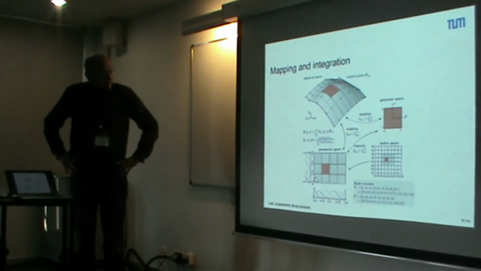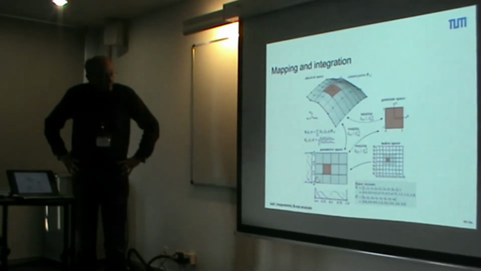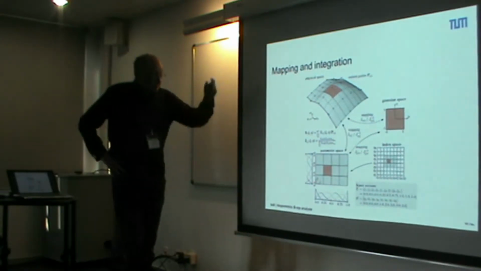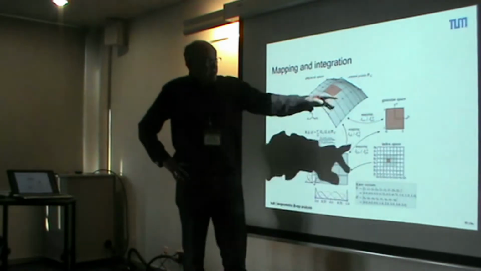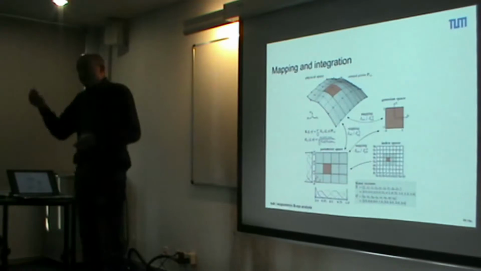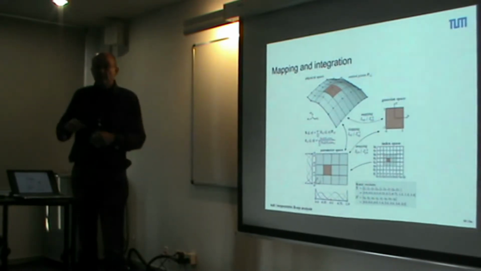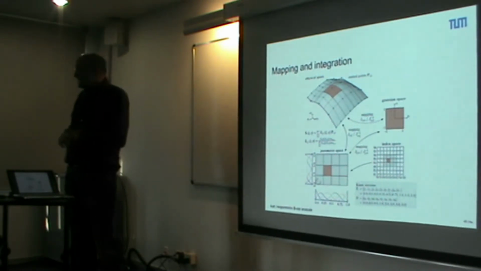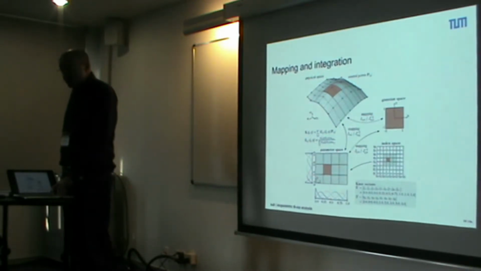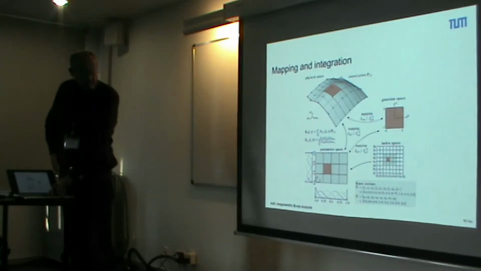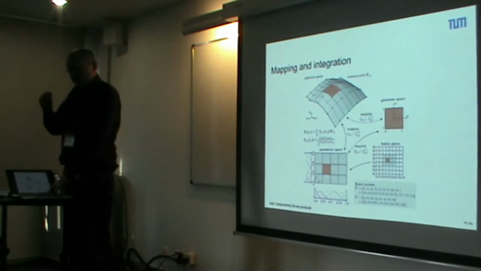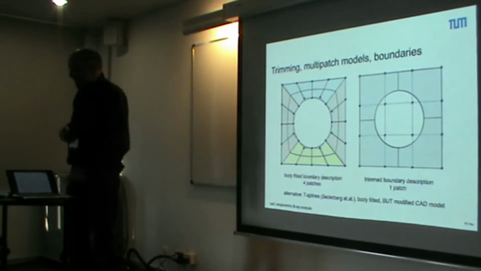So, and there we are. I don't have to go into much detail with that. We have these different kinds of spaces, the physical space, the parameter space, and we call it the Gaussian space, which was just filled in by Ernst. Everything boils down, last but not least, to integration of these surfaces, and it's quite important to know how you do this, and typically you do this with Gaussian points, and basically it boils down to knowing where the Gaussian points are to describe the surface, and which of those